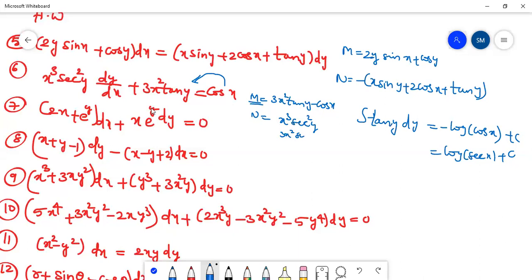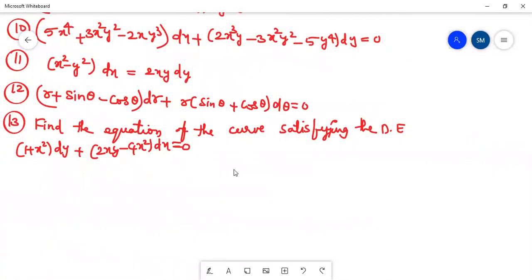You can go through that one; it is also simple. Here also we can differentiate. Differentiating with respect to y, we get 6x square y minus 6xy square. Differentiating with respect to x, 3 2s are 6x square y, and 3 2s are 6xy square. The y term is 0. So both are equal; it is exact. Next, I am going to discuss the last two problems.